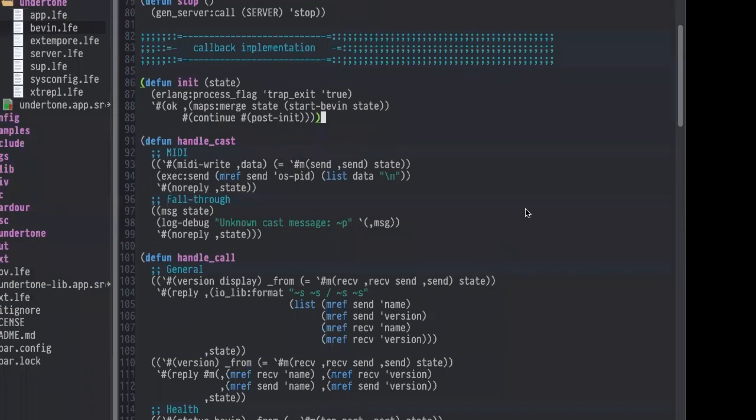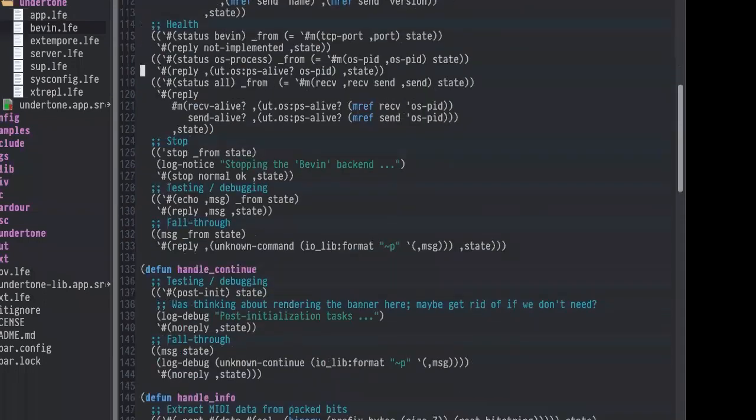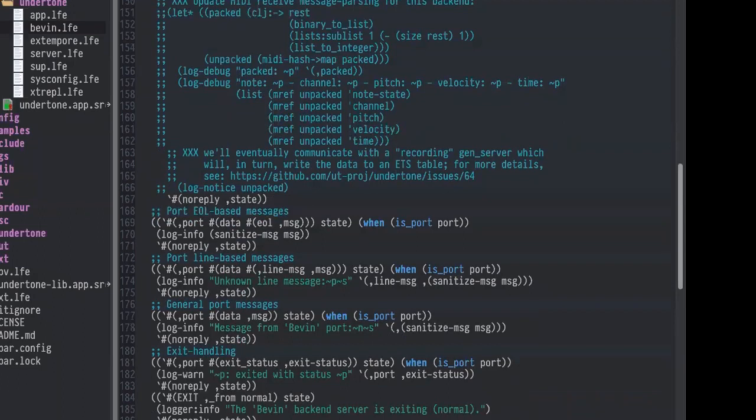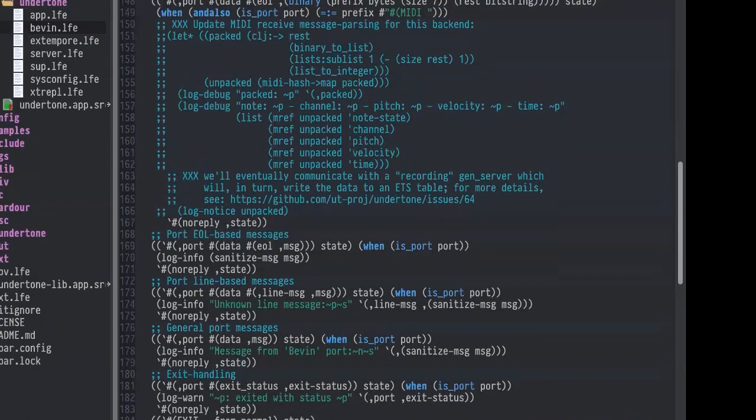And for quite a while now, you've had these port command functions, BIFs, for sending things out to the port. Yes. And basically any process can do that. If it has the port, it can send to it. You can do a port command to it. Anything that comes back, of course, from the other operating system process will be sent to the process that owns that port. In this case, your gen server here, and it has to decide what to do with it, who to send it to, etc. Right.